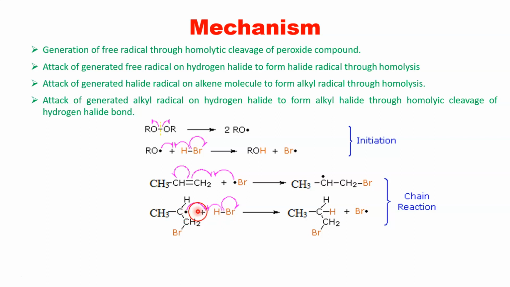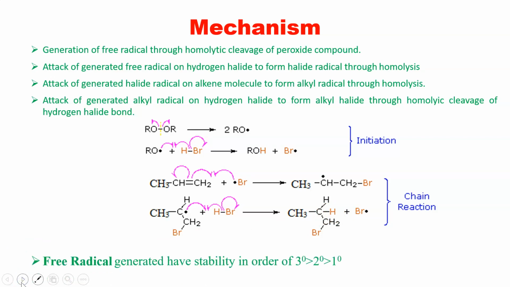So it is a free radical. One electron from a hydrogen is shared between carbon and hydrogen, and it forms a sigma bond. Again, the bromine free radical which has been formed can be terminated at the end. But why is it happening? There are some reasons why this hydrogen gets attached at a specific position.